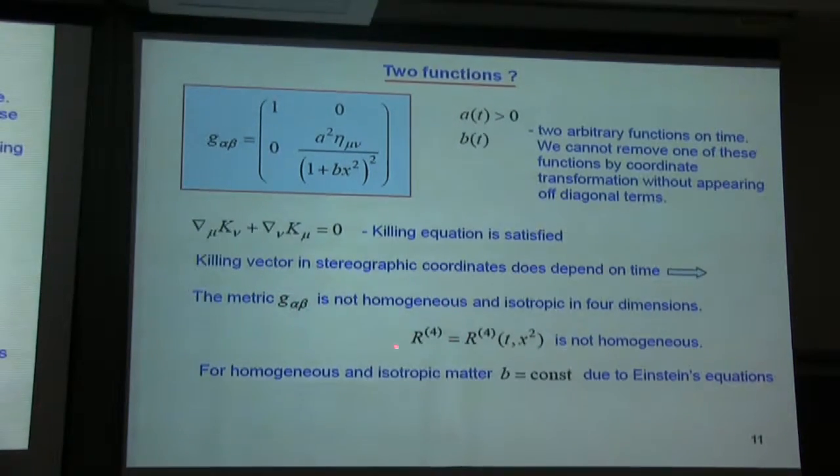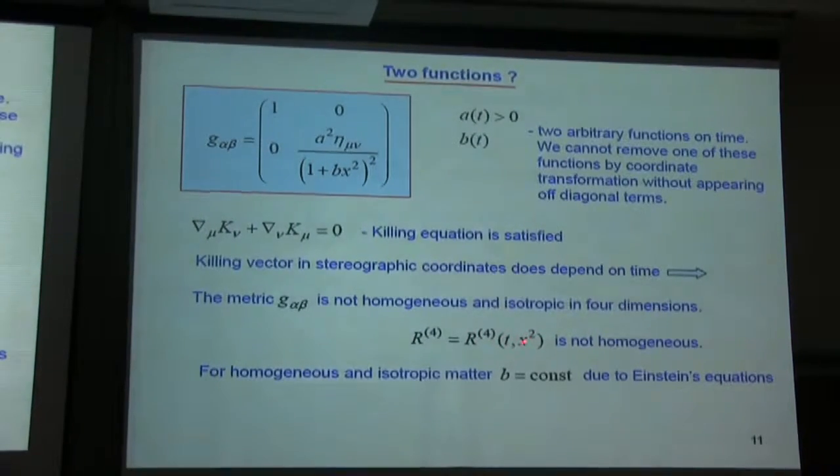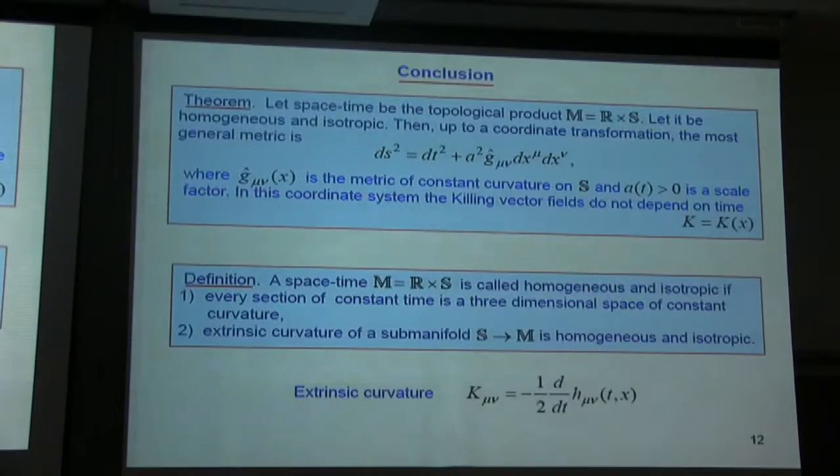You can also compute the four-dimensional scalar curvature, and you will see that the scalar curvature explicitly depends on space coordinates. And this is forbidden for a homogeneous and isotropic scalar. Let me repeat the theorem in different words. Let spacetime be the topological product of the real line times a constant curvature three-dimensional manifold. Let it be homogeneous and isotropic. Then, up to coordinate transformation, the most general metric is the following, where ĝ is the metric of constant curvature on S, and